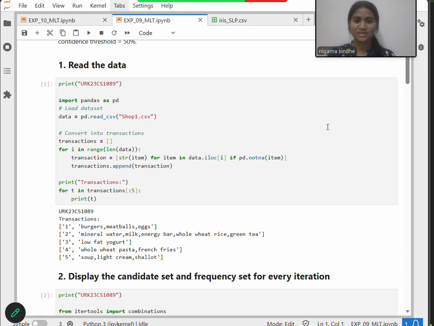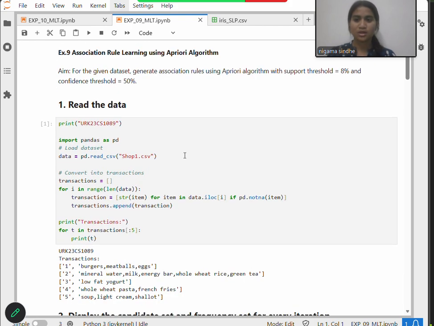As a part of my machine learning techniques laboratory, I have implemented experiment number 9, which is association rule learning using the Apriori algorithm. The main aim of the experiment is that, for the given dataset, we have to generate association rules using the Apriori algorithm with a support threshold of 8% and a confidence threshold